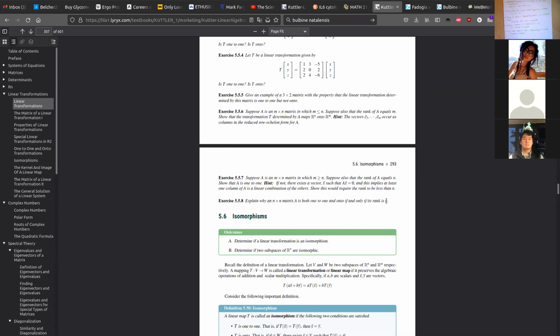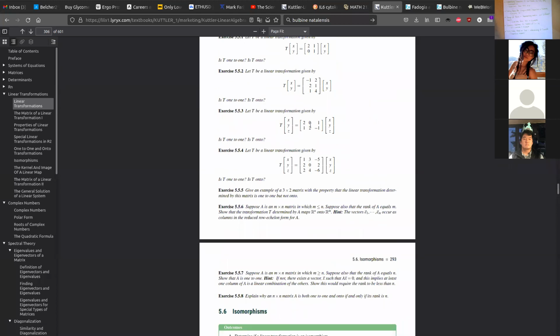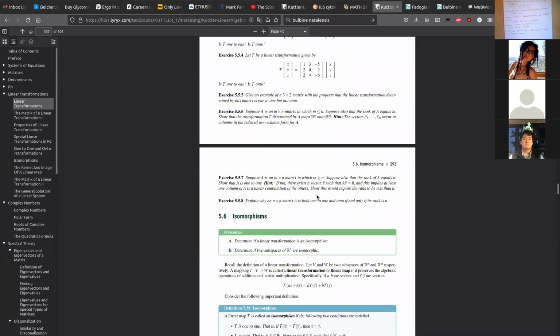So we know that if it's a square matrix and its rank is n, then it should be both one-to-one and onto. So those are other tools you can use in terms of justifying whether a matrix is one-to-one or onto. These other matrices, or the other examples,